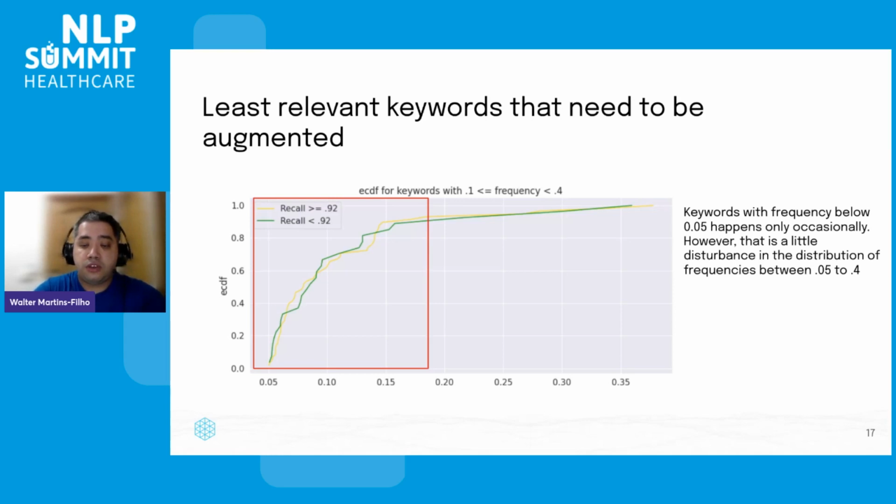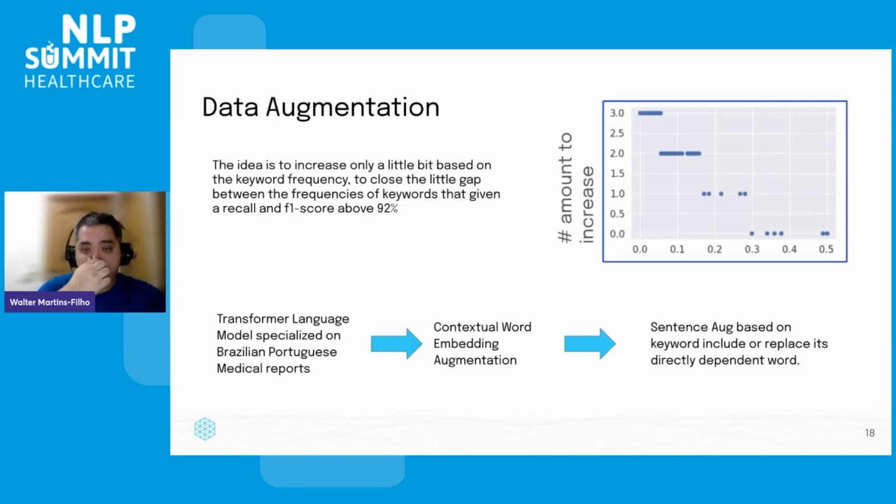So if we change a little bit, we start to increase a little bit to make the worst distribution, which we call below 90%, start to look similar in these regions and after that. So between 0.5 to 0.40 or maybe 0.35%. So the idea to increase it only a little bit works very well.